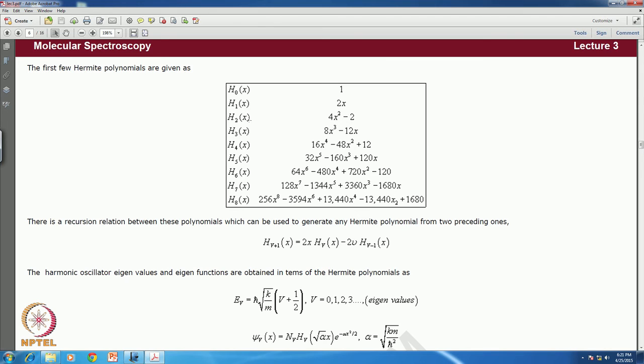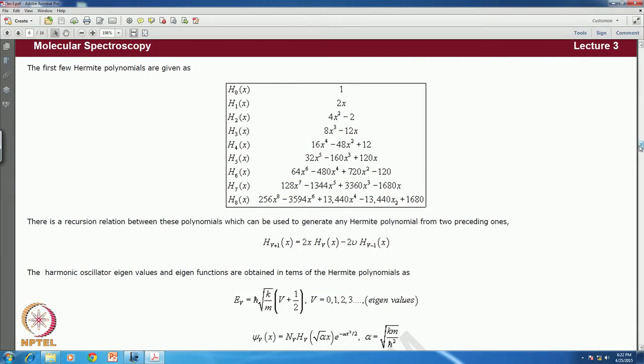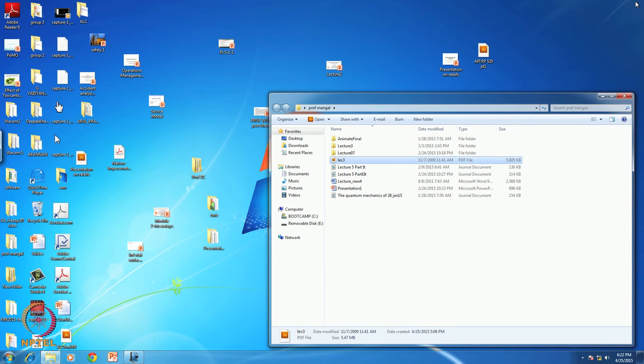Therefore the Hermite polynomials also give us a series of functions which are odd or even depending on whether the quantum number associated with the harmonic oscillator problem is odd or even. This is something that we have to remember when we do some of the computations regarding probabilities and average values using harmonic oscillator eigenfunctions. So let me summarize this with the only other thing that